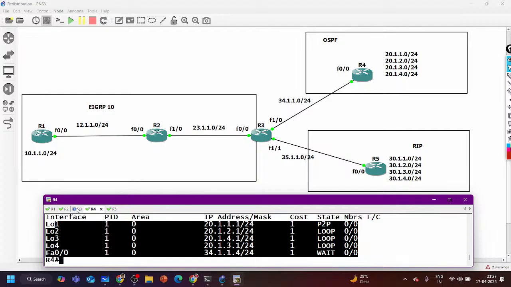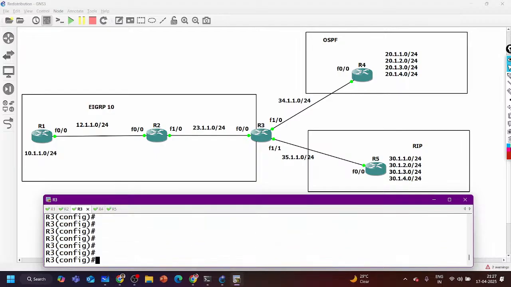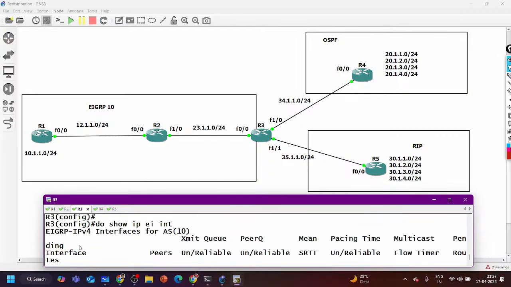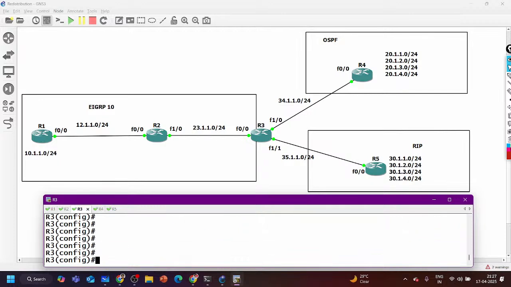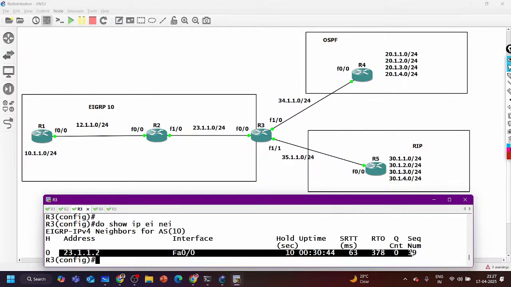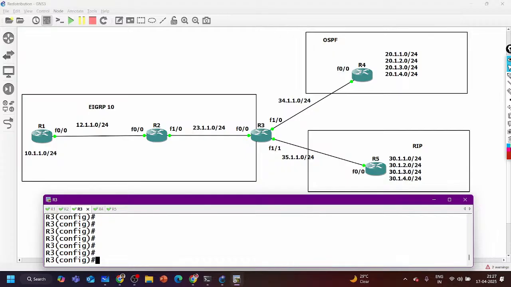Now go to router number 3 and let me configure. Do show IP EIGRP interface. EIGRP is already enabled on FastEthernet 0/0. That is fine. Good. Do show IP EIGRP neighbor. So EIGRP neighborship is already there. Now let me form OSPF neighborship with router 4 and RIP database exchange with router number 5.